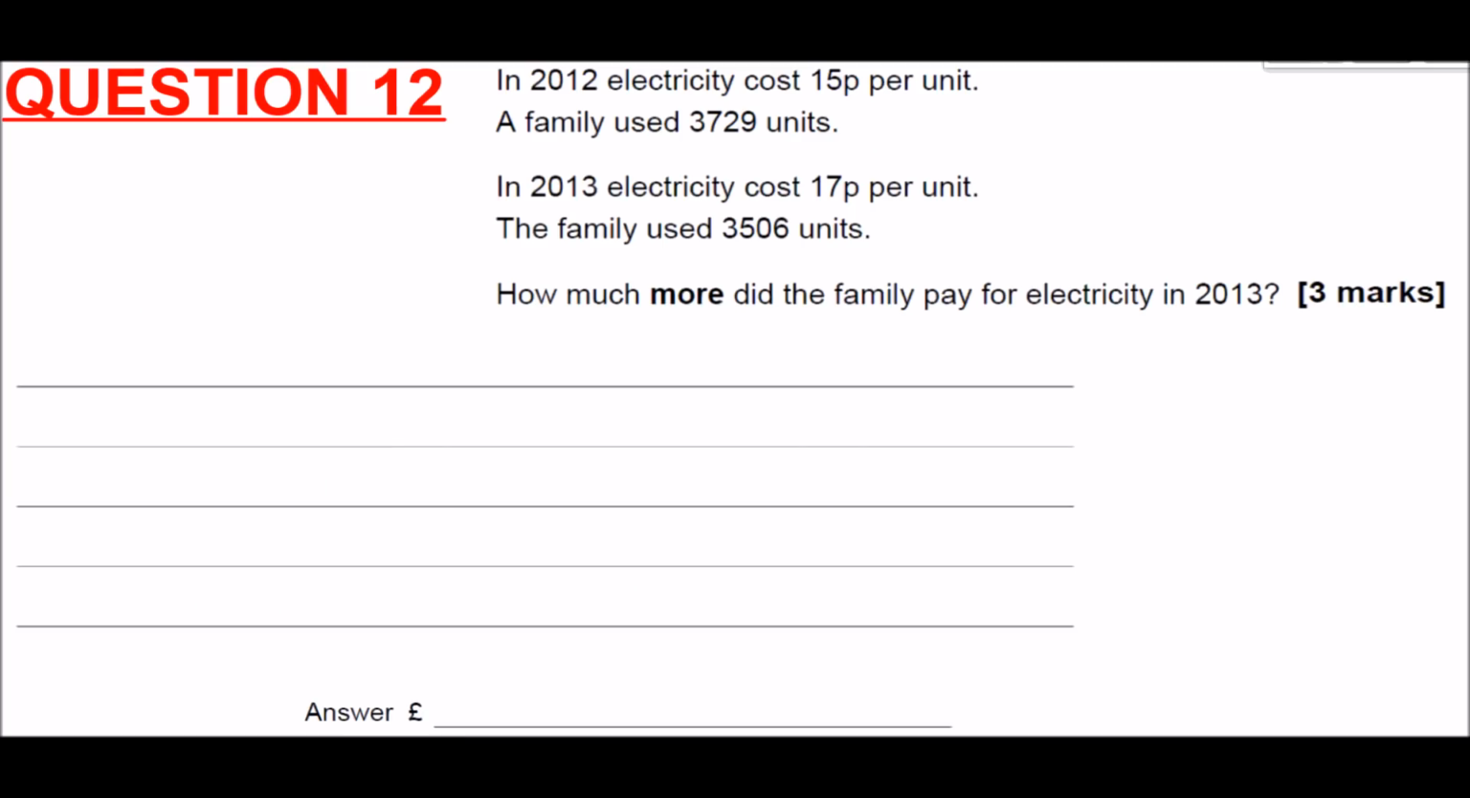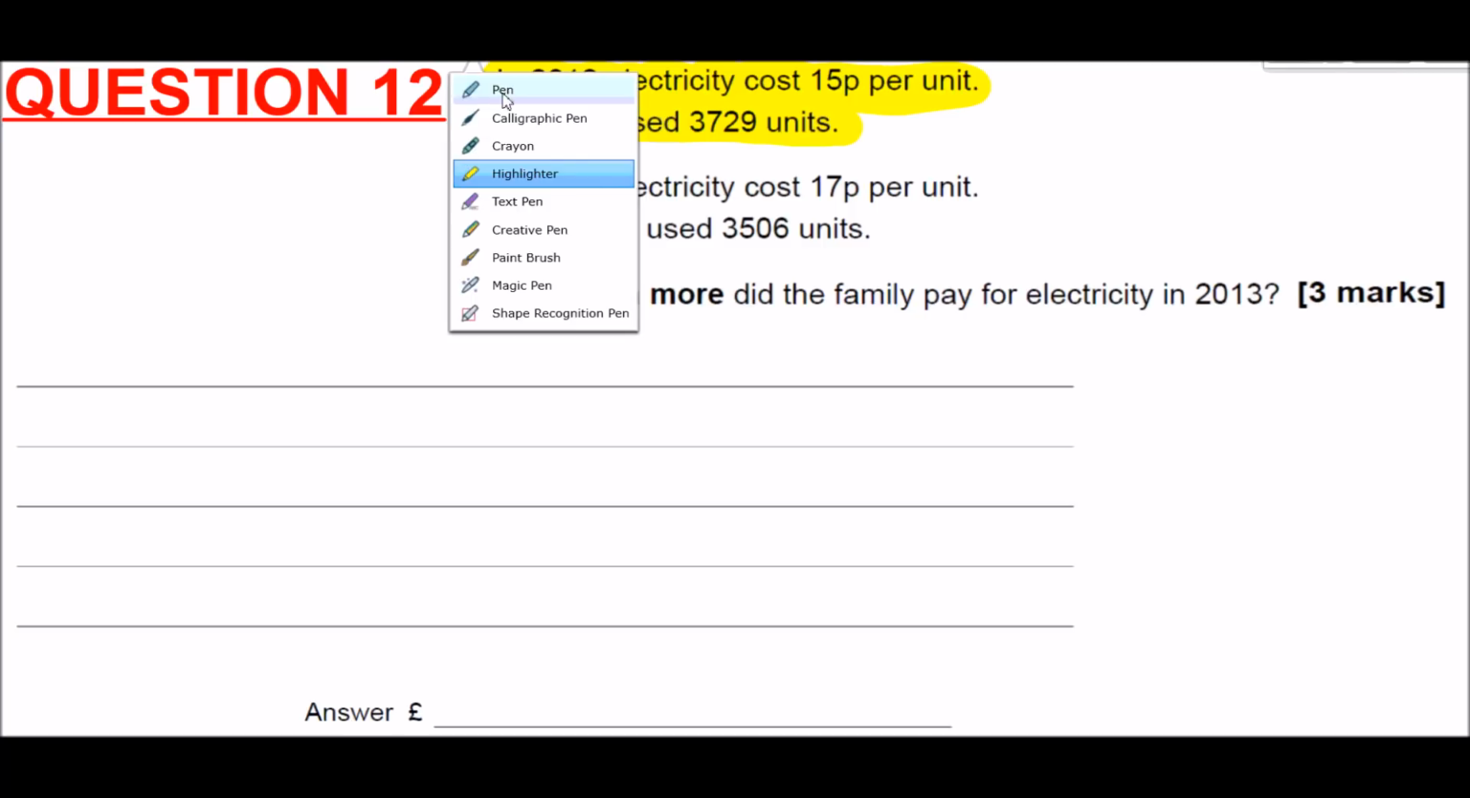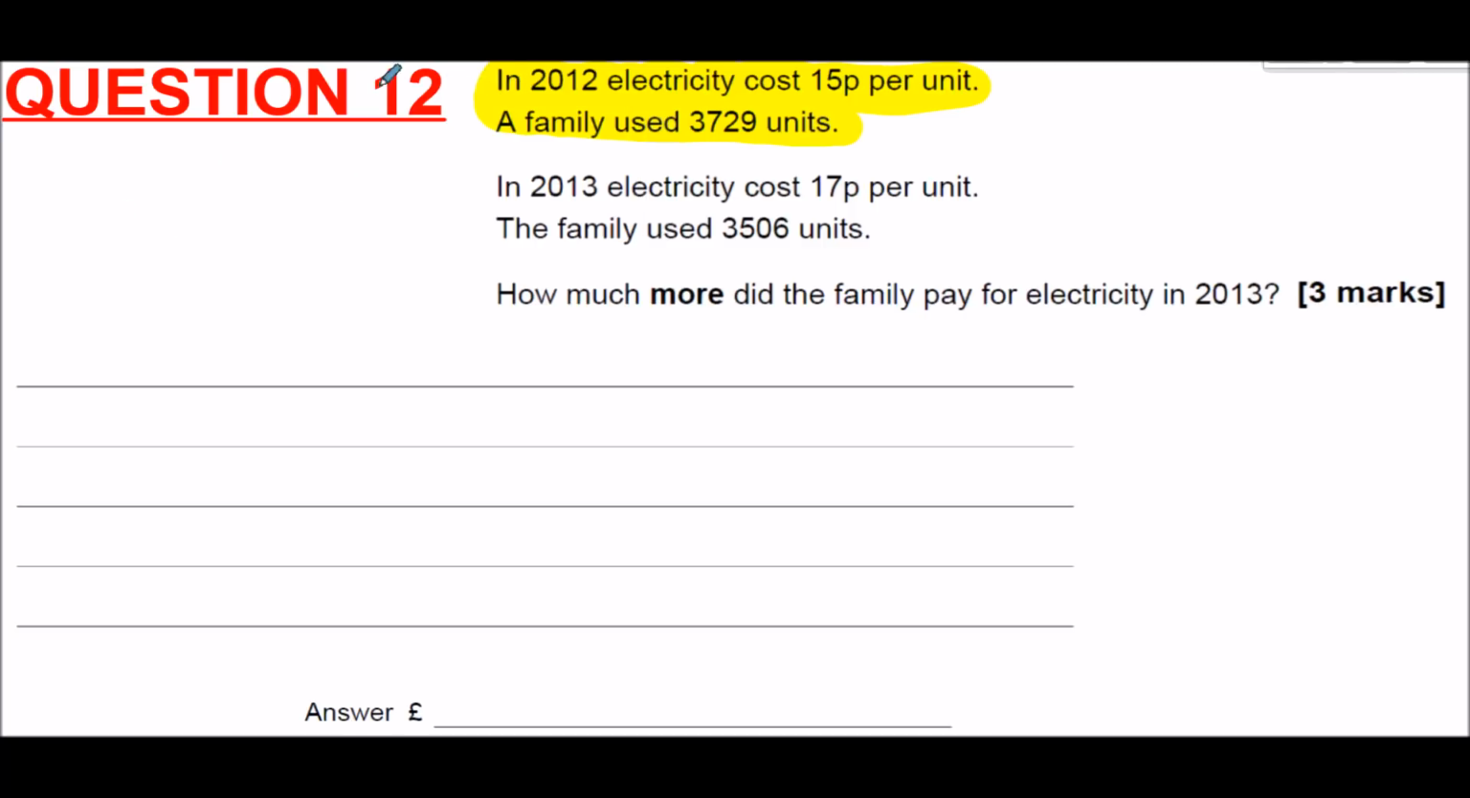Question 12. In 2012, electricity cost 15 pence per unit, and a family used 3,729 units. So, 15 pence for each unit, and they used 3,729 units. So what we can do from this first part of the question is calculate what the total cost was for all those units. 3,729 units, each one was 15 pence. So if you multiply that by 15 pence,